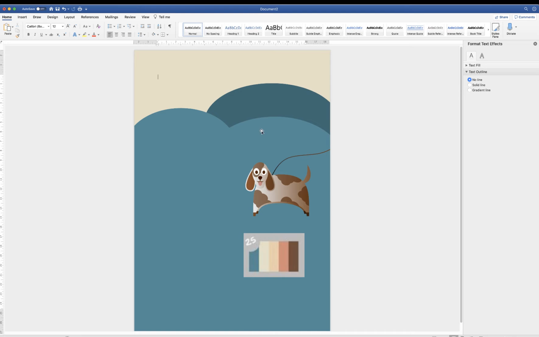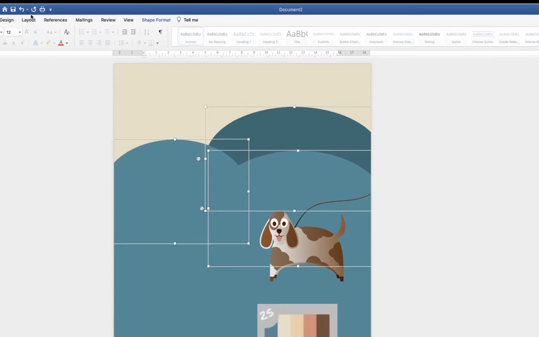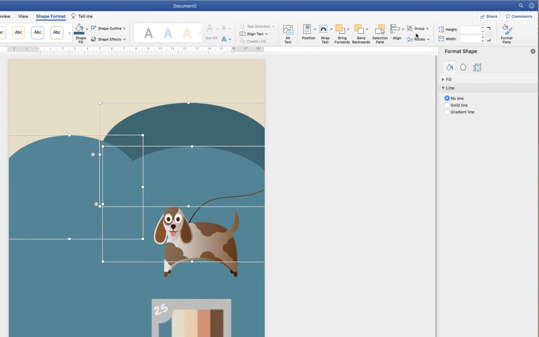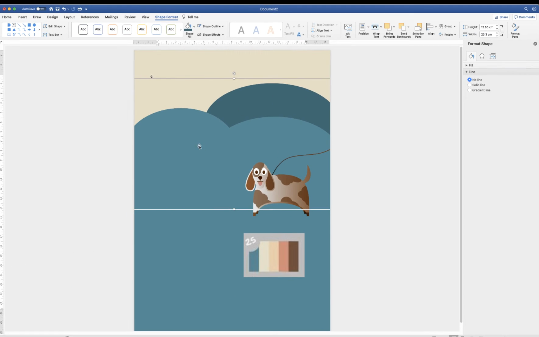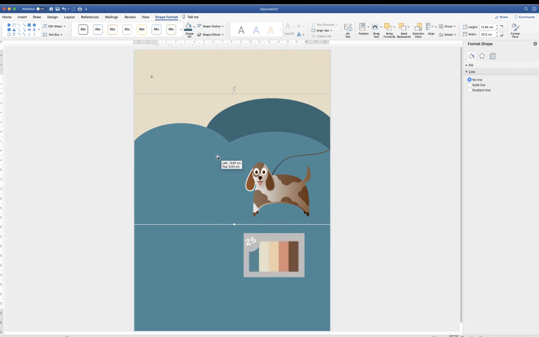So what I've noticed is that the hills are a little bit too high and I want to lower them. So the quick and easy way to do that is to select one of the shapes, hold the Command or Control key down and go ahead and select the other two shapes. Then go up to Shape Format, go along to this icon here that says Group. Click on the drop down and select Group. What that does, it groups all three shapes together and allows you to move them as one. So I'm just going to simply move them down